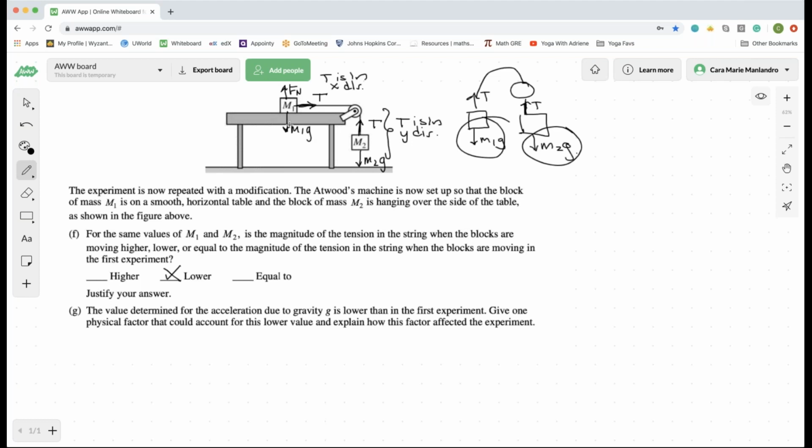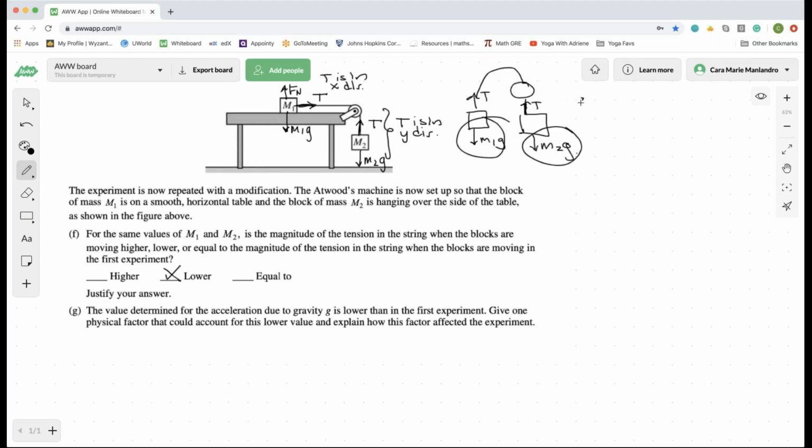Because since this block is on the table, your net force is going to increase, right? I have less stuff pulling away from it. Does this make sense? I'd be happy to actually work it out for you if you actually want to see the math. Some people are very mathematically minded. I'm perfectly happy to do that. Absolutely. Math is my jam.